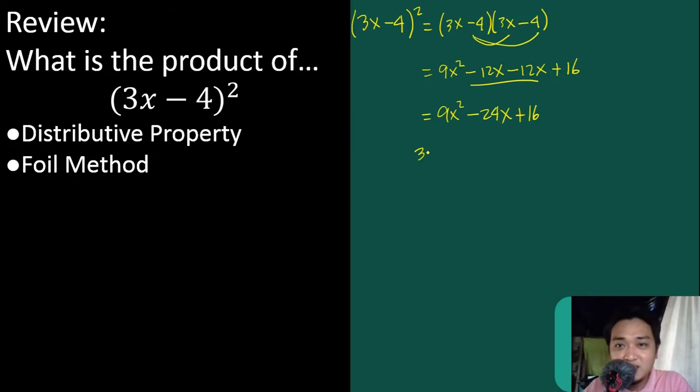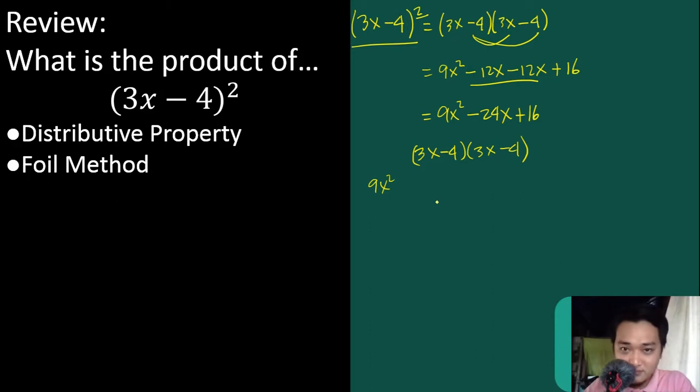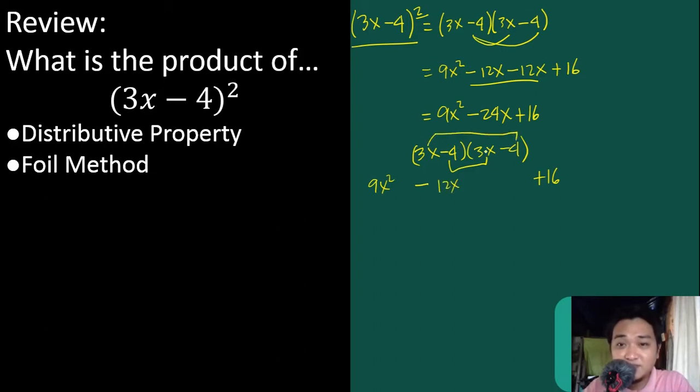Okay, we can also make use of the FOIL method. So if you have 3x minus 4 times itself, 3x minus 4, ang ginagawa natin dati nito para mabilis yung pag-multiply natin, we square the first term, that is 9x squared. We square the last term. It only happens if you are squaring a binomial. So square the first term, square the last term, which is positive 16, and then evaluate the inside term, which is negative 12x, and evaluate the outside term, which is also